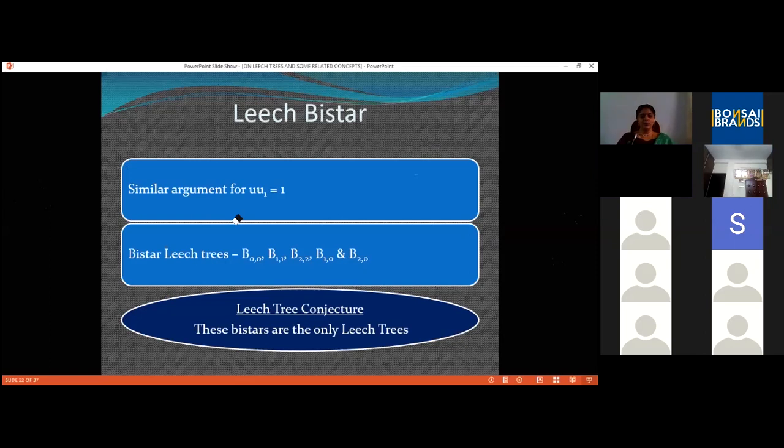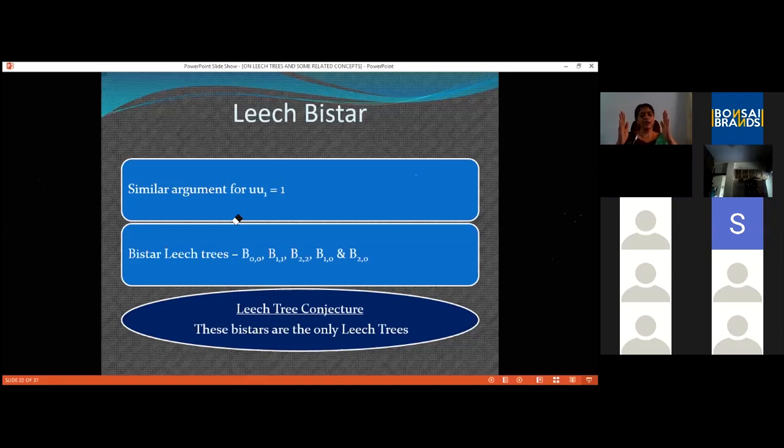So from that, what we get is that the only bistars are B00. B00 means only the edge UV is present. There are no pendant edges made incident either to U or to V. So the structure is K2 or P2, B00, which is a bistar.